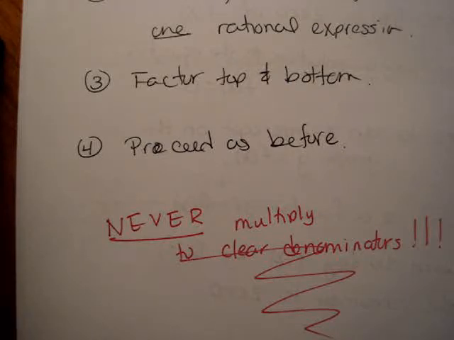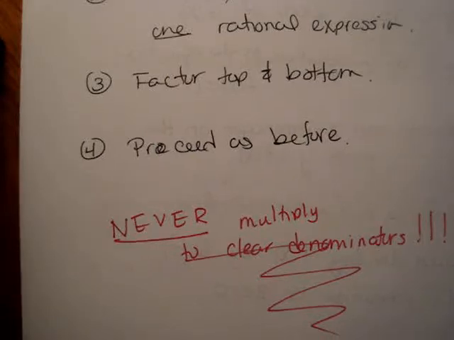You can't do it because if you multiply by a variable, first of all, you erase part of your answer. You've canceled it out. Second of all, if you multiply by a variable, you don't know if the variable is positive or negative. So you don't know if you were supposed to have changed the direction of your inequality symbol or not. So never multiply to clear your denominators in an inequality. Everyone's going to do it once, but I'll just get out my red pen. Put a sad face or something. Okay, so now